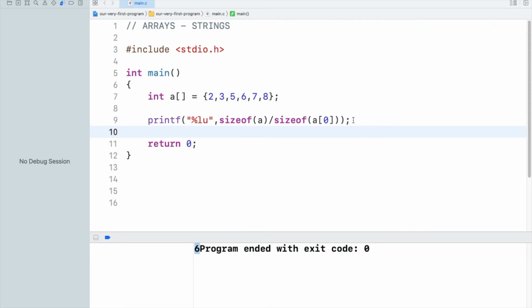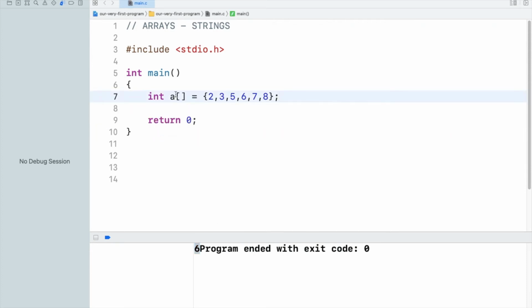What if you specify a size which is more than the number of elements you specify? In that case there will be no issues. The extra elements, whose values have not been specified, will store a random garbage value, just like normal variables that are not assigned any value.